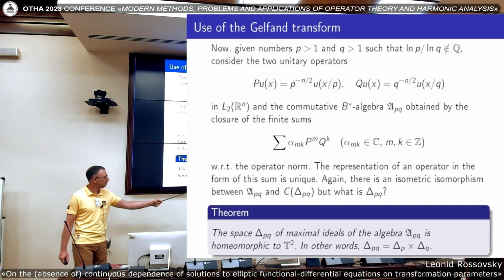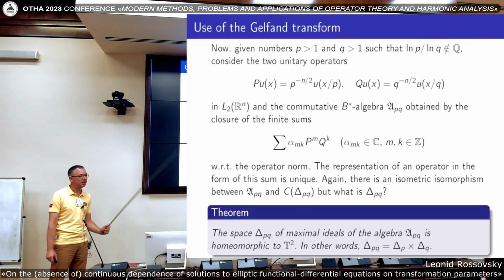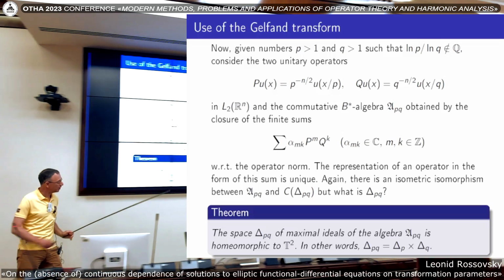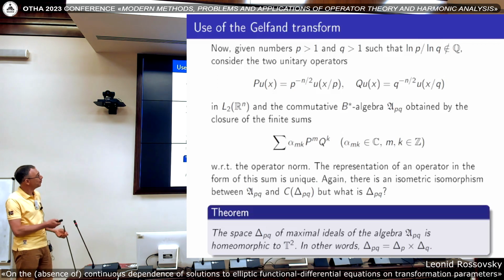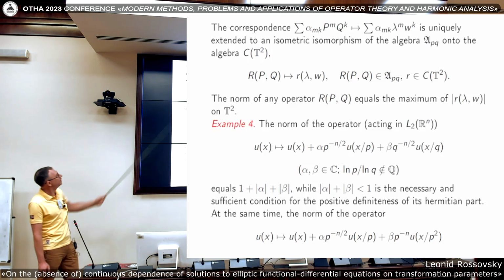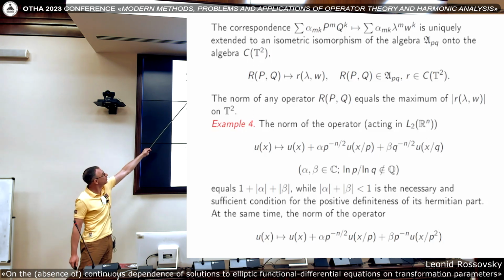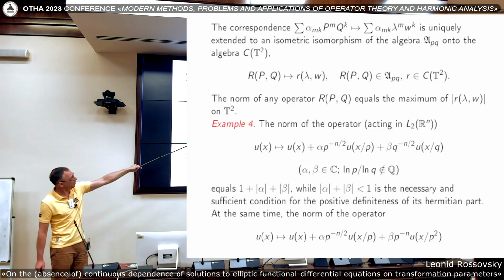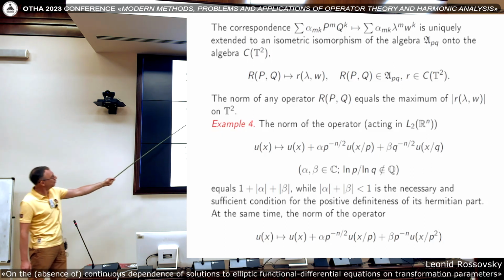So in other words, the space of maximal ideals in this case is just the direct product of the maximal ideal spaces for these algebras generated by one of these operators alone. So this correspondence is uniquely extended to an isometric isomorphism of the algebra onto the algebra of continuous functions on the torus. And the norm of an operator equals the maximum of the absolute value of its symbol on the torus. And for example, the norm of this operator